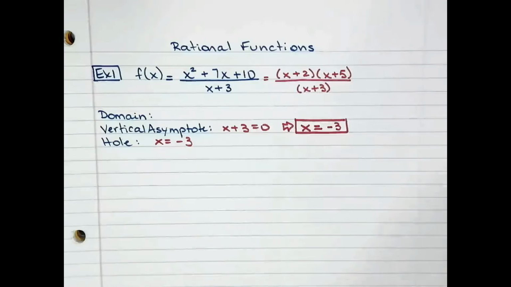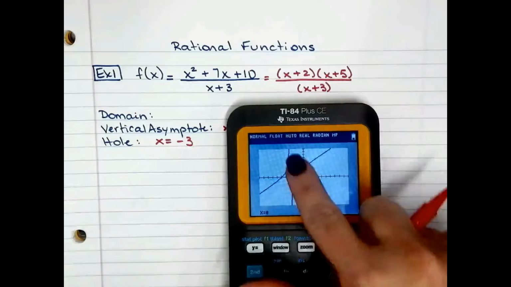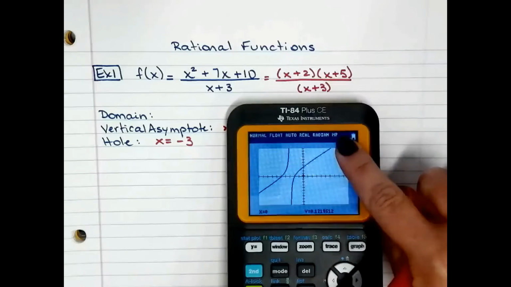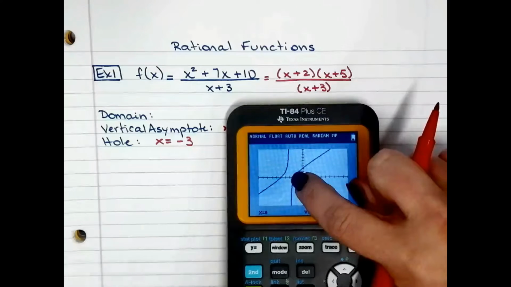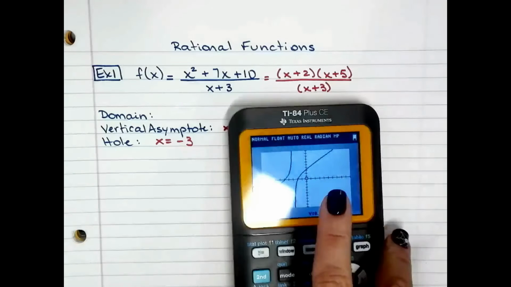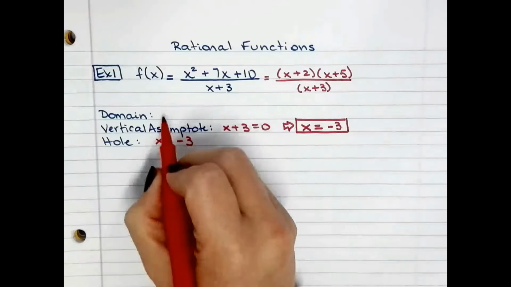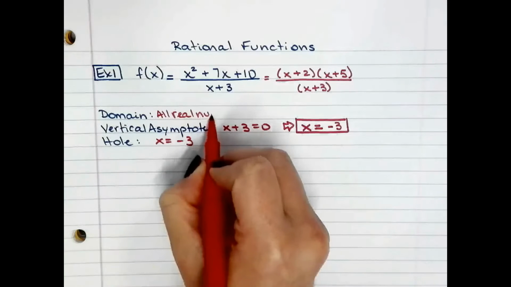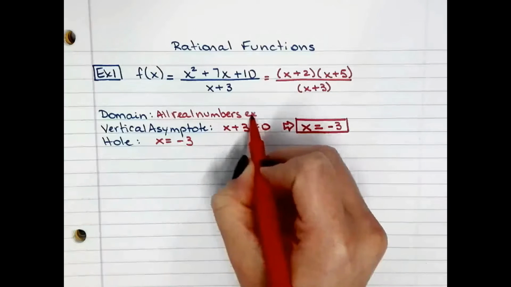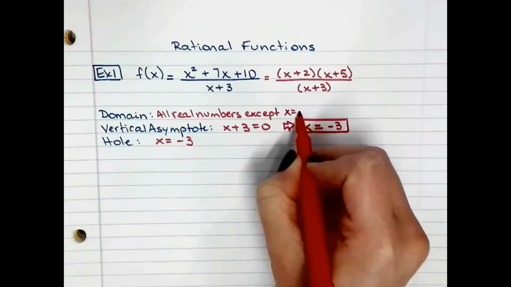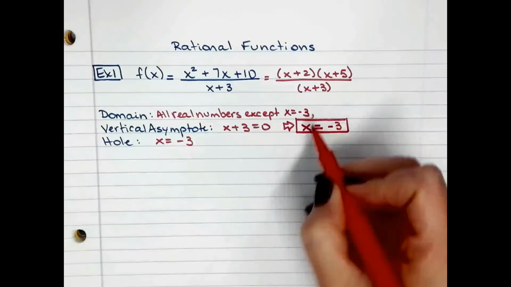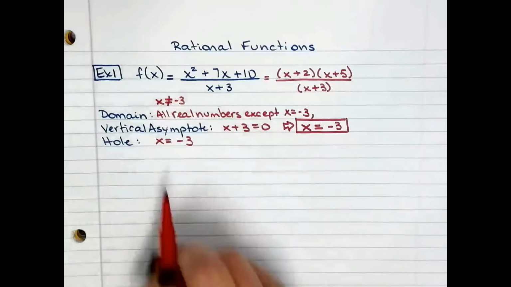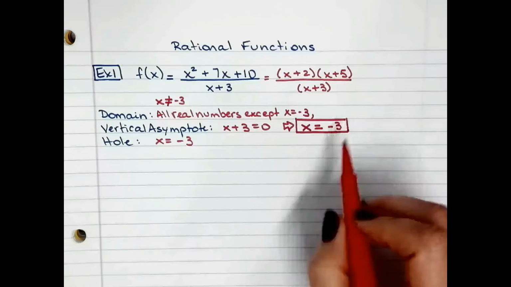Domain is going to be everything. So look at your graph again. Notice that your graph goes all the way over to -infinity, all the way over to +infinity, except for that one line right there. Okay, so you have two ways to write it out. The domain is all real numbers except x equals -3. You can also write it as x does not equal -3, or in interval notation